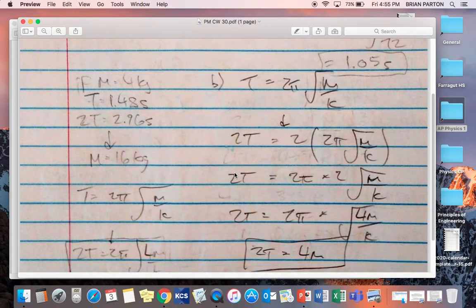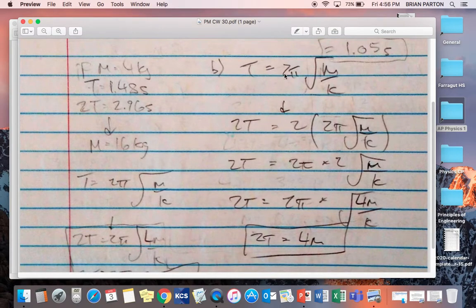Now, for the second part, part B, again, what amount of mass added to or subtracted from the block would result in a doubling of this period. I kind of approach this from just a variable standpoint where, okay, I start with this, and then if I make this 2, because I want to double the period. So proportionally, if I double the period, I have to double what's over here as well. So 2 times 2 pi times the square root of m over k. Well, working that out,